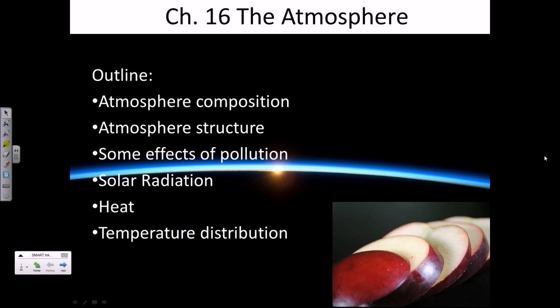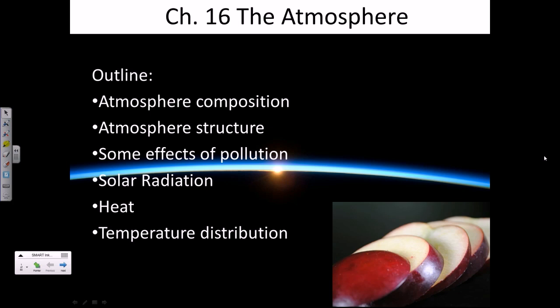In this chapter, we're going to focus primarily on the atmosphere, and that's going to set the foundations for understanding a little bit more about things occurring in the atmosphere, like precipitation, the development of different kinds of weather fronts, severe weather, and so on. All those are tied up in kind of the fundamentals that we'll talk about now.